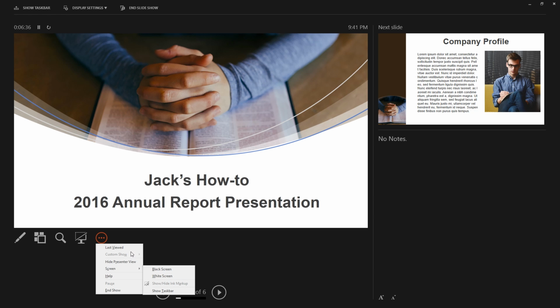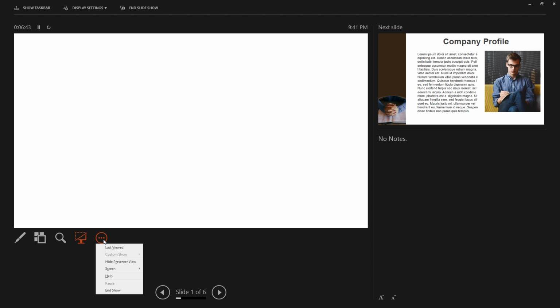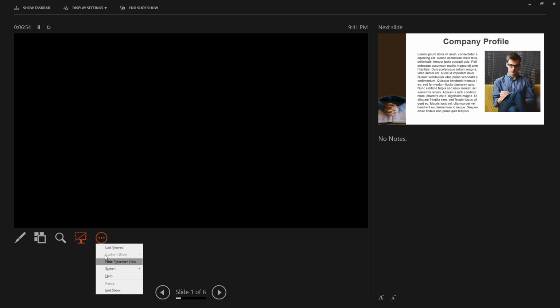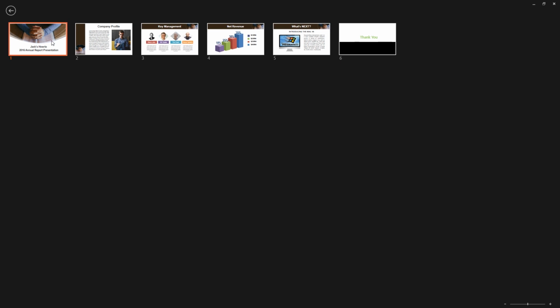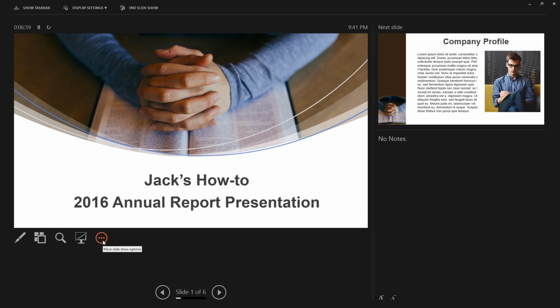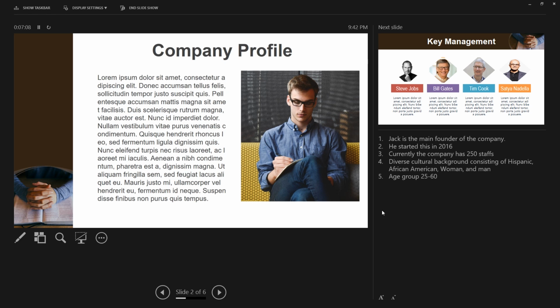On the fifth button, there are a few functions, such as the options for different types of screens. When we click the white screen, if you choose this, you'll come out with a white screen towards the audience. Remember, here is the main screen that the audience sees, and we can select black screen, or we just go back to the slides and show the current slides. Some functions include end show,